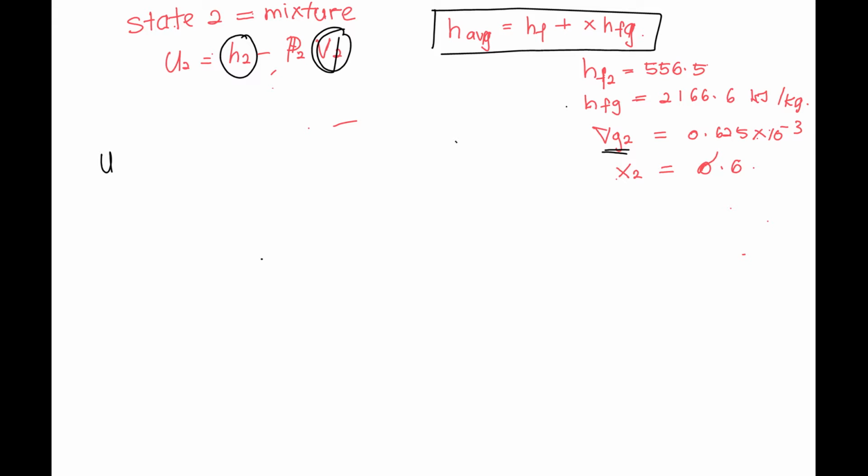So U2, specific internal energy at state 2, is equal to HF plus X HFG, minus P2, and this P2 is 2.9 bar, and V2, volume 2. In this case, since we're talking about specific volume per mass, it corresponds to per mass,